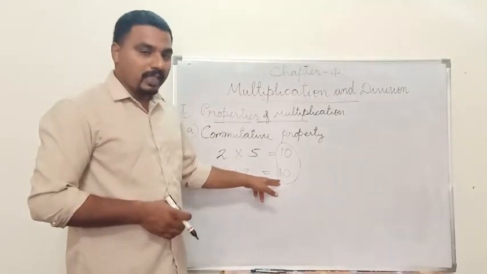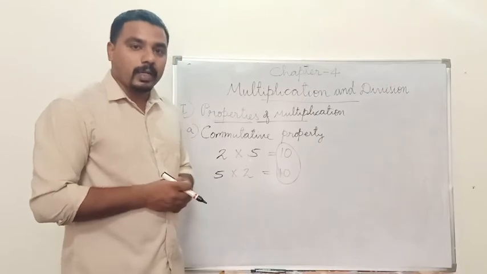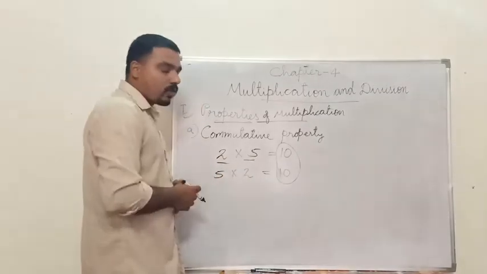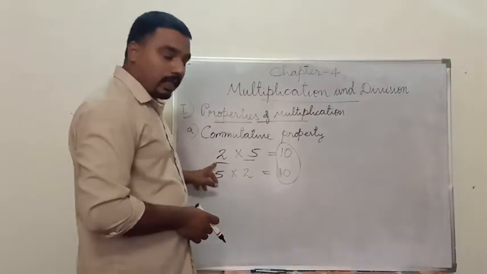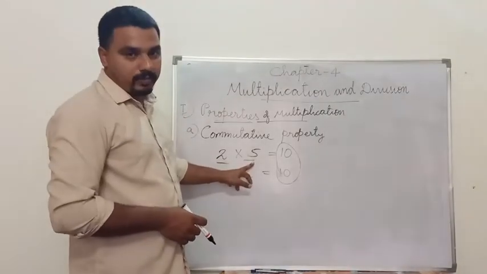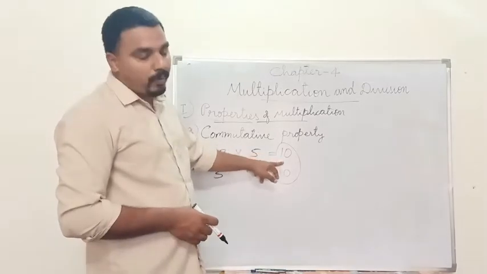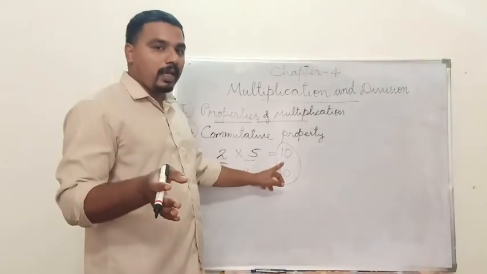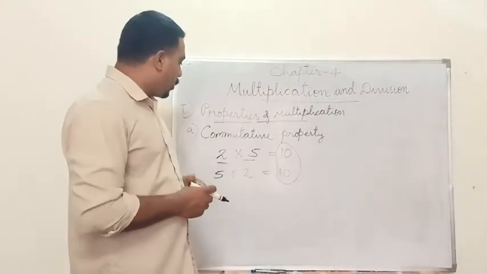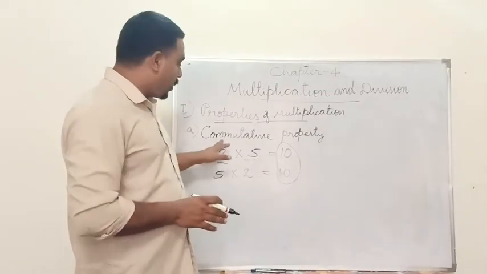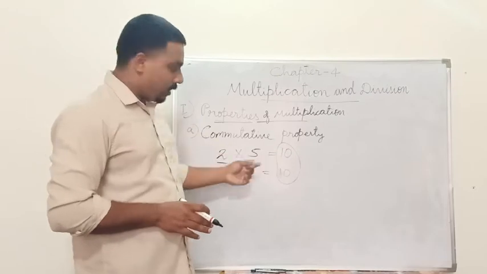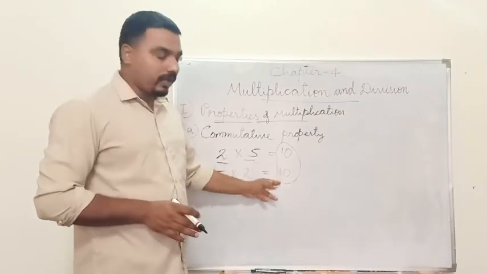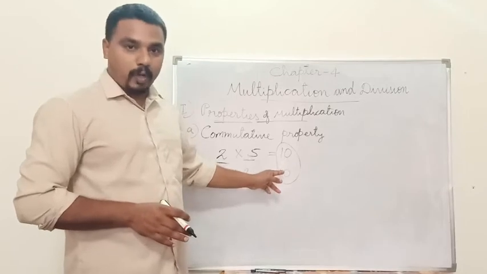Okay. So what is multiplicand and multiplier? The numbers which we need to multiply. These are called the multiplicand and the multiplier. Okay, the answer of multiplication is called what? The product. These are the terms we are using in multiplication, and I hope it is clear what is commutative property of multiplication. When we change the order of the number, it doesn't affect the product. We will get the same product.